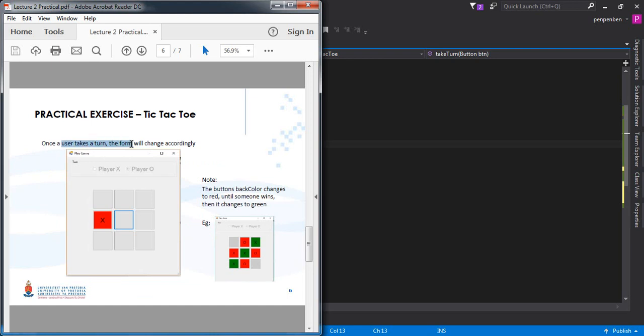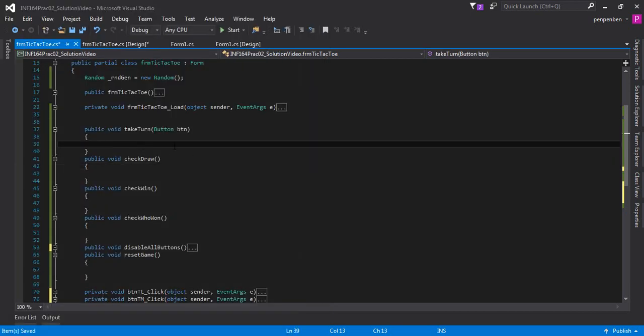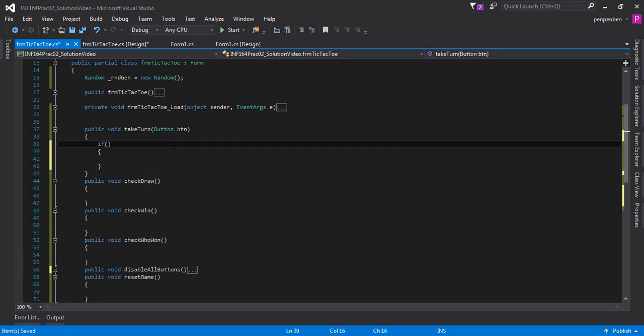What did it tell us? Once the user takes a turn, the form will change accordingly. So we need to change the button that was clicked to have the X or the O, depending on whose turn it is, and to change to red initially. So we're going to need to check whose turn it is. So we need to check if